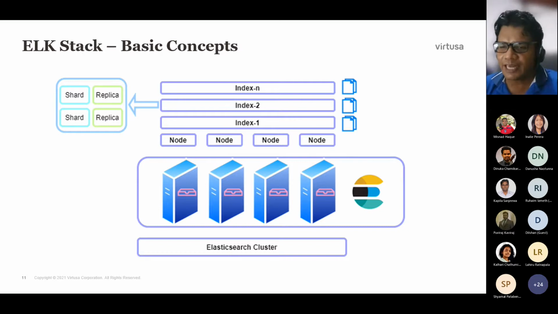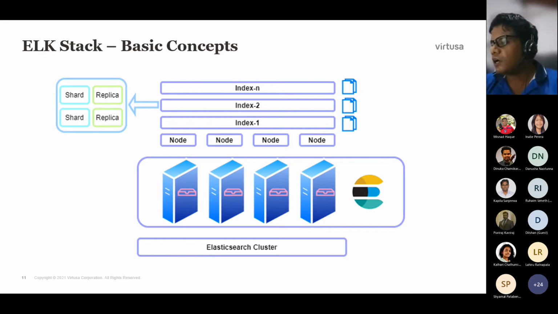When you build the Elastic cluster, it has several nodes. One particular Elastic instance we call a node, which might be deployed on one virtual machine.